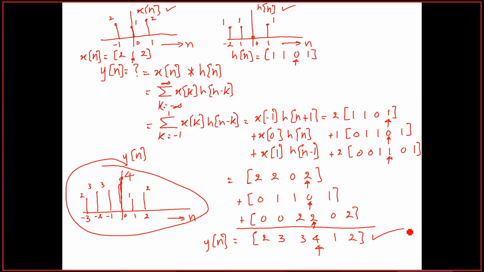So this is a bit more detailed example, where we are not limiting x of n or h of n to one side only. We are having a particular both-sided x of n and h of n. So you see that we have just plugged in values in the formula. The only major catch that you need to see, not one but two catches. First of all, what will be the limits for this k, so that once we open up, we know what all terms are important for us. And next, once we write all those terms,